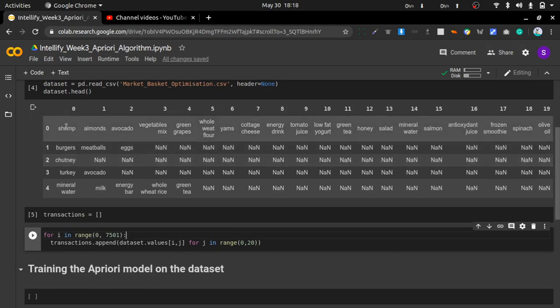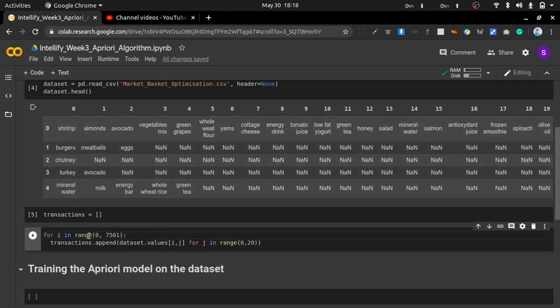And as we want to convert this data frame into our multi-dimensional array, we are getting each value, that is, each element, line by line. So this for loop will get all the lines, and this inner for loop will get all the columns that contain these lines.